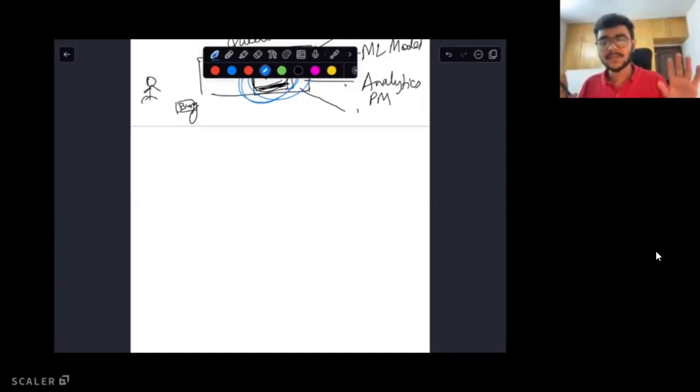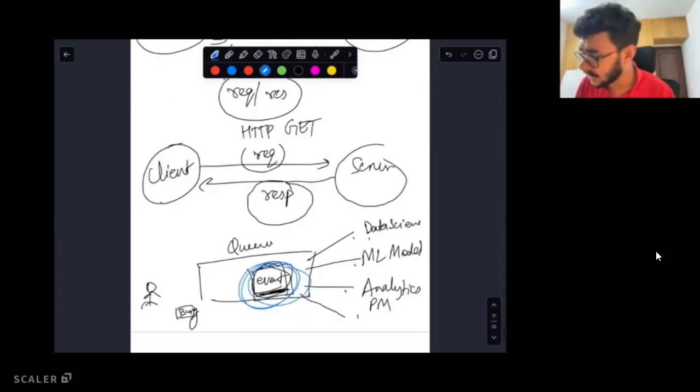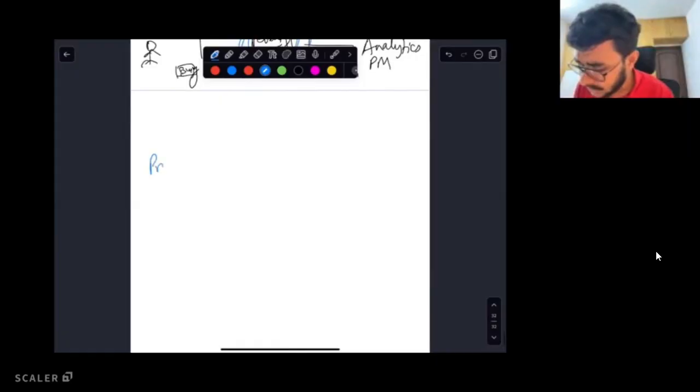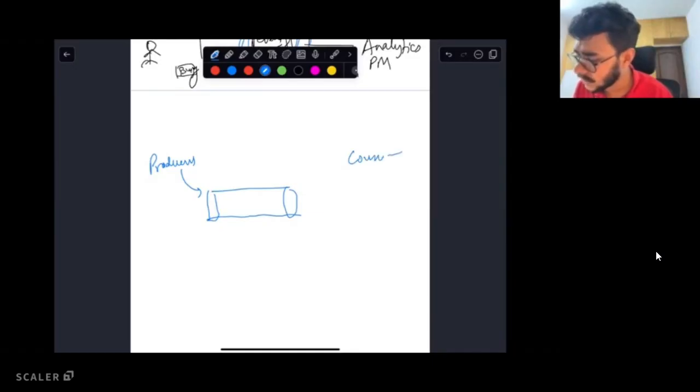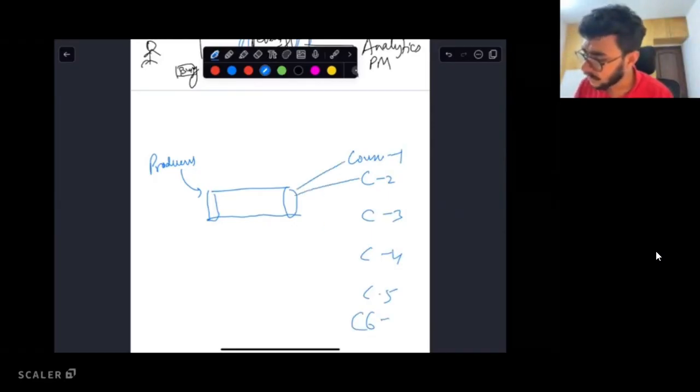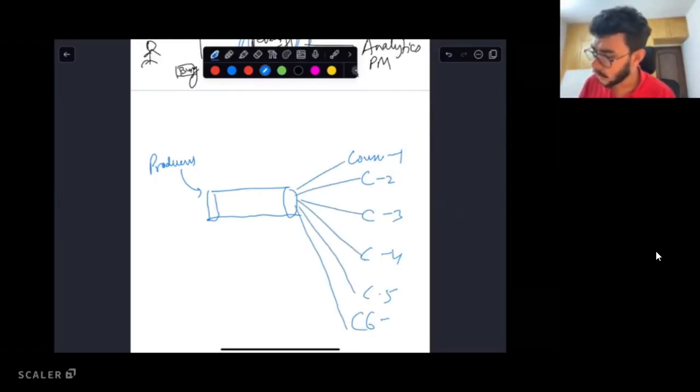Awesome. So I believe you would have understood the requirement for a producer consumer kind of a pattern, right? There's another requirement of it as well, which I just mentioned also, which is, let us say there are some producers who are writing these messages into a queue, and let us say there are a bunch of consumers. Let's call it C1, C2, C3, C4, C5, C6. Let us say all of them are reading message events from the same queue.